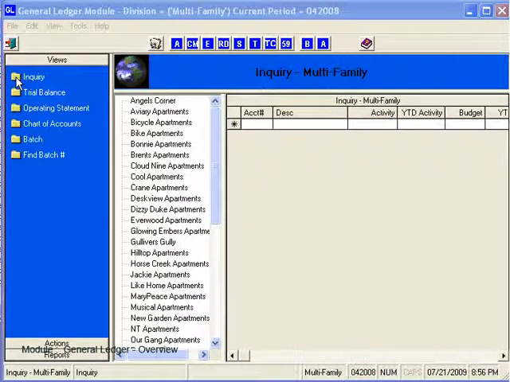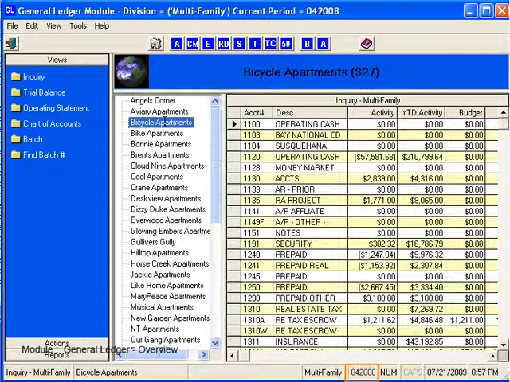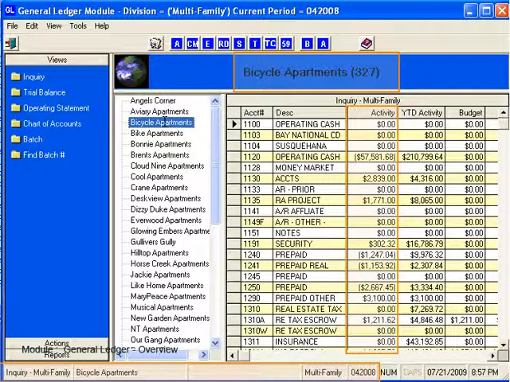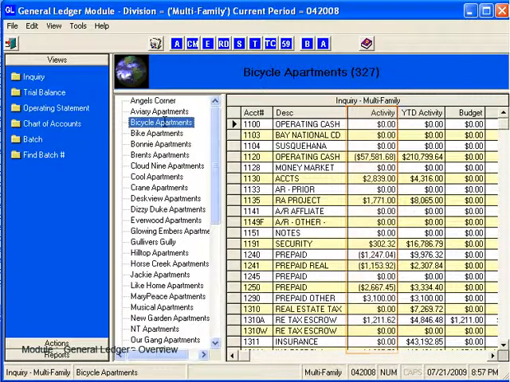I want to see the current month income for rental assistance. I'll click on the Tree View Property Bicycle Apartments, and then the main grid is updated. Notice the screen updated the panel and the status bar. The activity column is the current month activity for 04-2008, and the year-to-date activity column is the year-to-date activity for